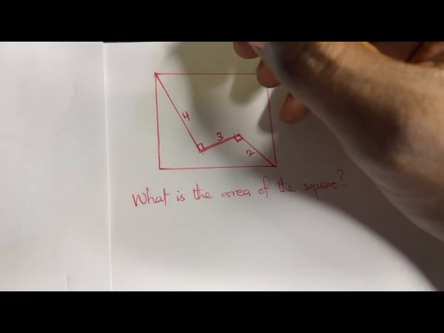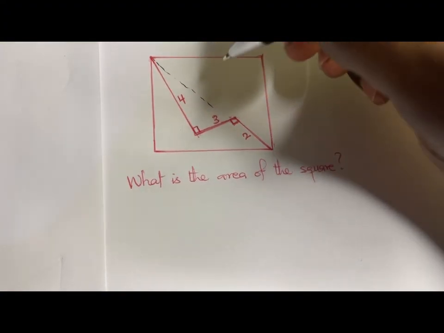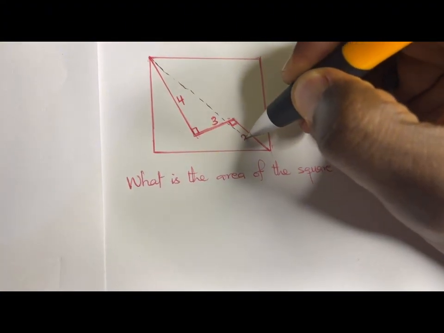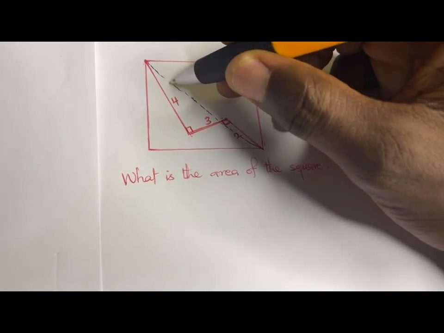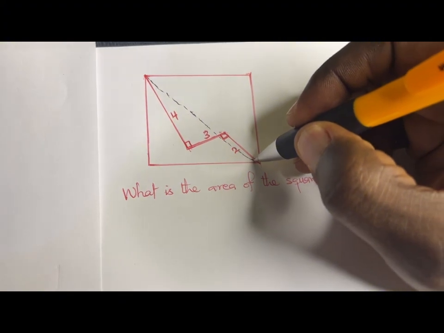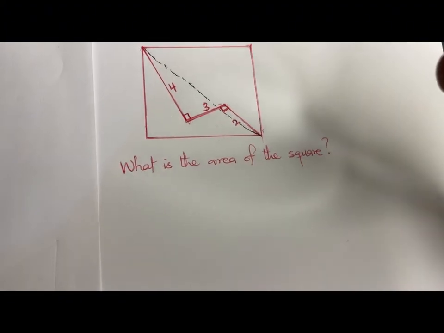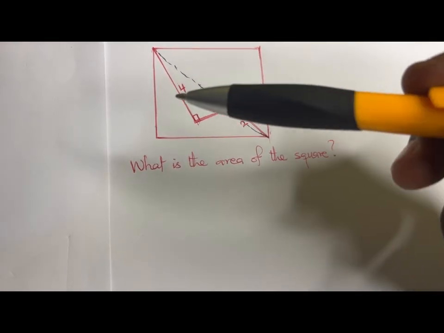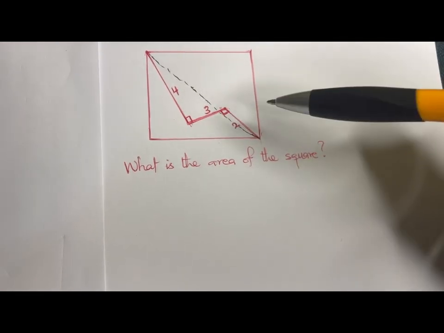So we have an imaginary line here like this. Good. So when we create this, we end up forming a similarity between the first triangle here and the second